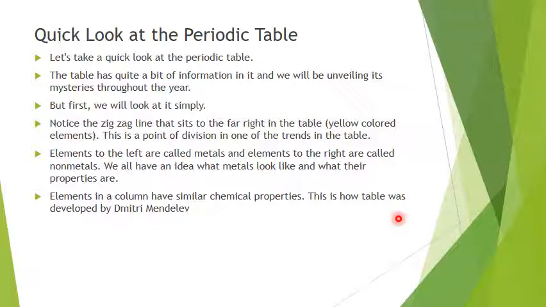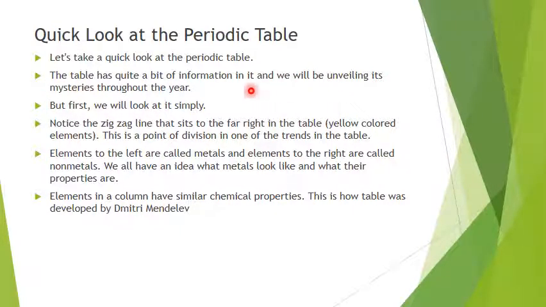But if you can, get a periodic table now, and let's take a quick look at it, because this is going to help us get into the next thing that we need to know about pure substances. If you go back and look at that diagram where I split off pure substances and mixtures, you see that pure substances will be broken into two parts: elements and compounds. And so that's where we're going to go now. So if you look at the periodic table,